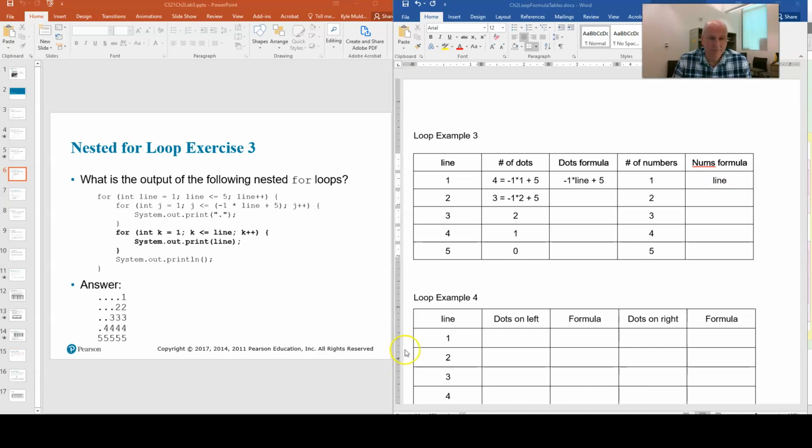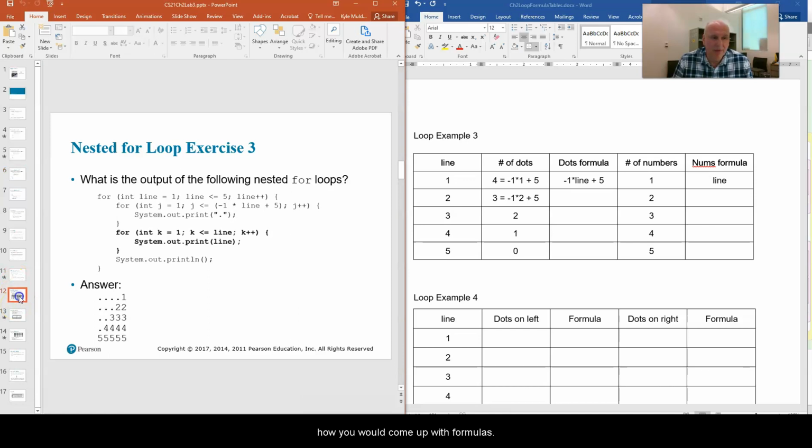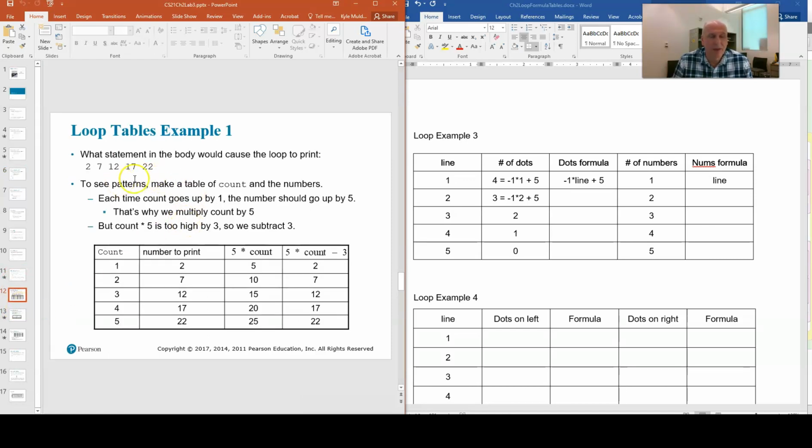Okay. So now what I'll do is I'll go down to our actual lab. There are other examples of how you would come up with formulas. For example,